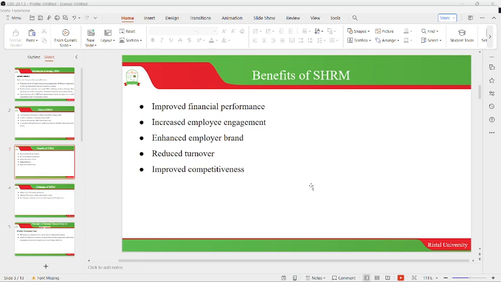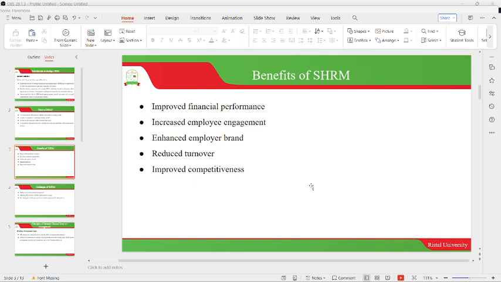When we talk of employer brand, we're talking about the brand of the organization. If you are very strategic in managing human resource, of course, your brand will be the talk of the nation. Everyone will be wishing to work with the organization because of being strategic. But an organization which is not strategic, actually, they don't attract people. Whenever they hear about their names, they don't even feel like applying just because of poor human resource management